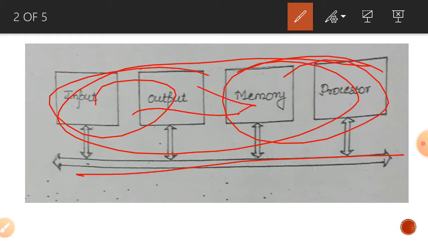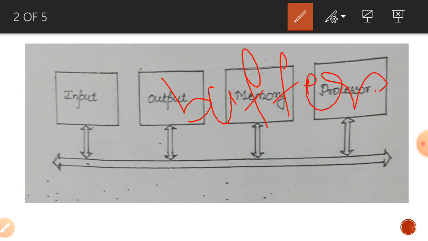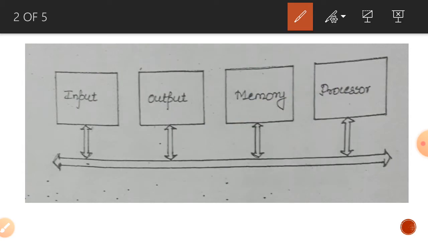We have to coordinate the slow speed and the high speed, so we have to use an efficient mechanism. Here we are using the buffer mechanism, buffering. Buffers are used. Let's see an example scenario: consider a printer as an output unit. The printer and the processor are communicating with each other.